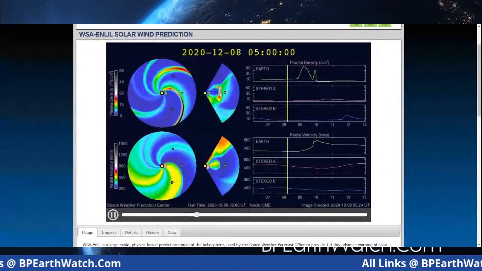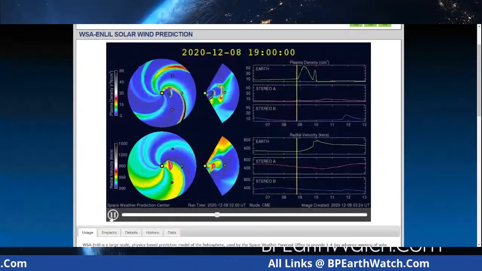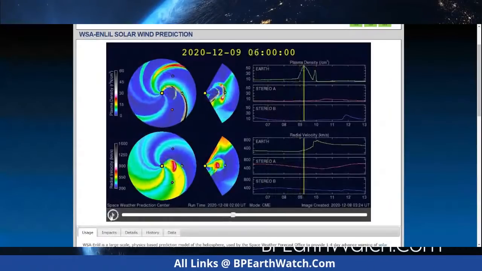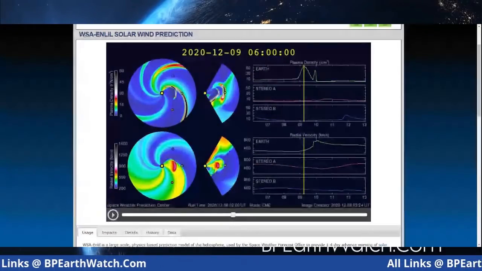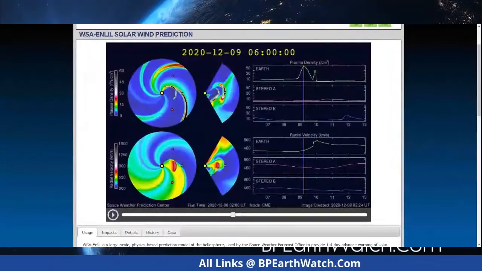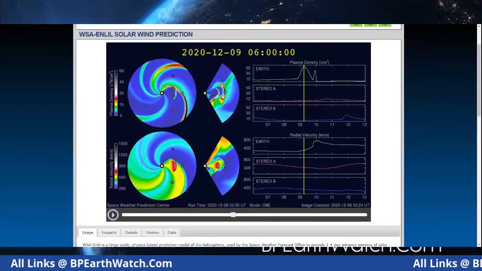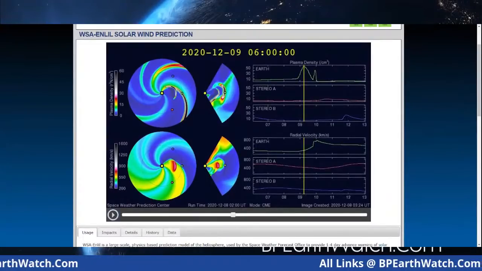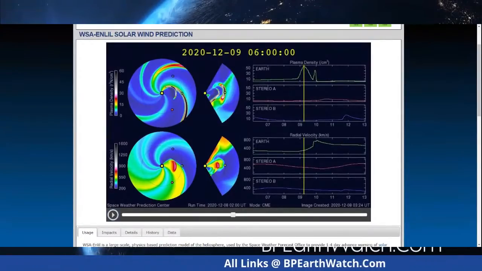And you notice, and let me stop this, right there, 0600 hours today, this is universal time. They are ahead of us about 6 hours. So at midnight, we started to see a slight rise. Again, this is a plus or minus 7 hour window of the impact due to this model.